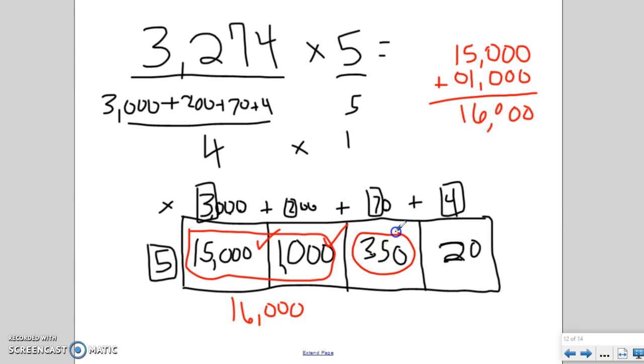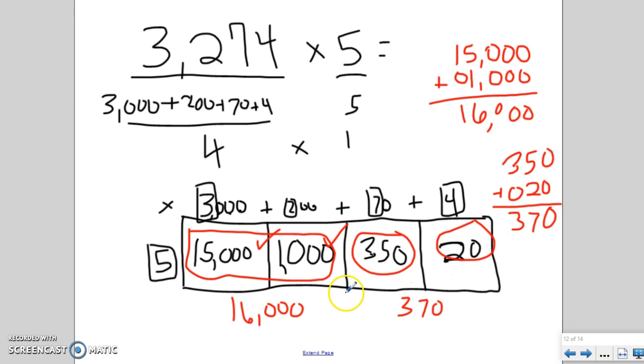And then if I add this number, 350, and this number, which is 20, and I don't have any zeros. When I add that together, I get 0 plus 0, which is 0, 5 plus 2, which is 7, and 3 plus 0, which is 3. I get 370. But I want to know what the whole thing is. So now I need to add these 2 numbers together. So I can do that over here. I get 16,000. And I'm going to add that to 370. I got to make sure I line these up right. I don't have any thousands and I don't have any